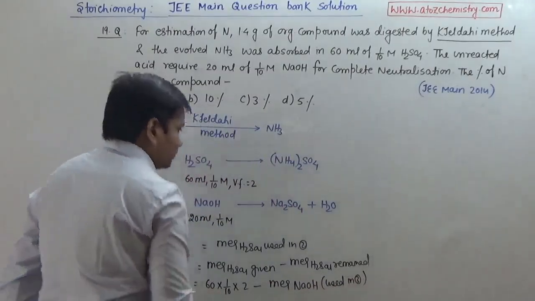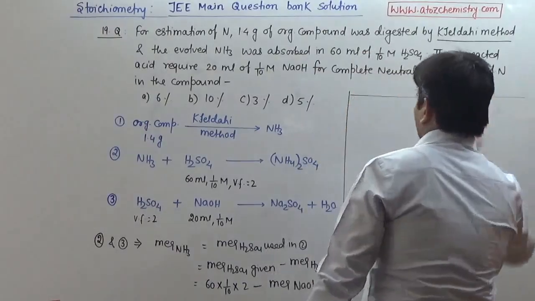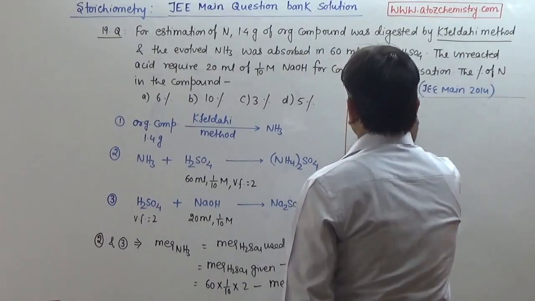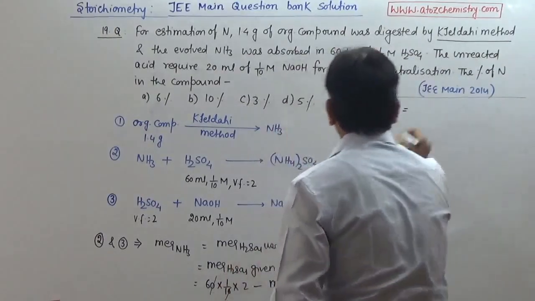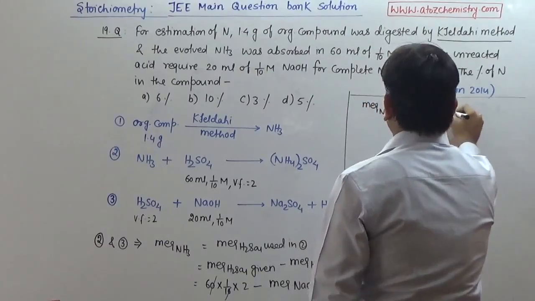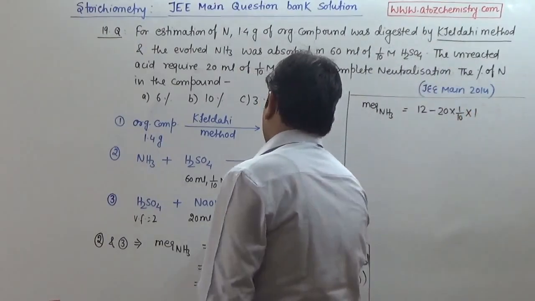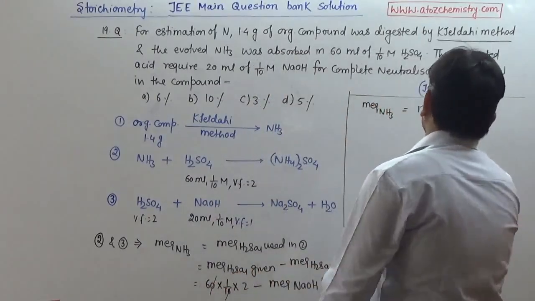So milliequivalent of NH3 will be equal to 12 minus 20 into 1 by 10 into 1. Valency factor of NaOH is equal to 1 because it is a monoacidic base,